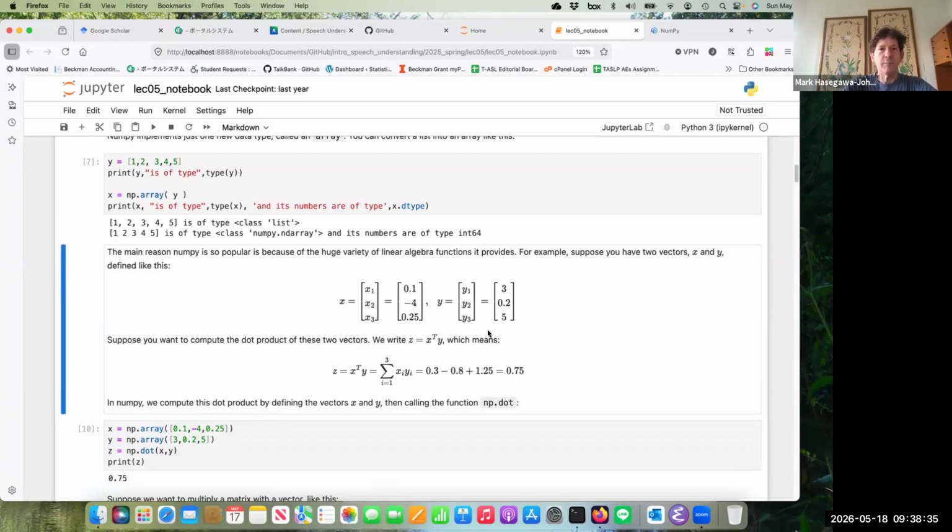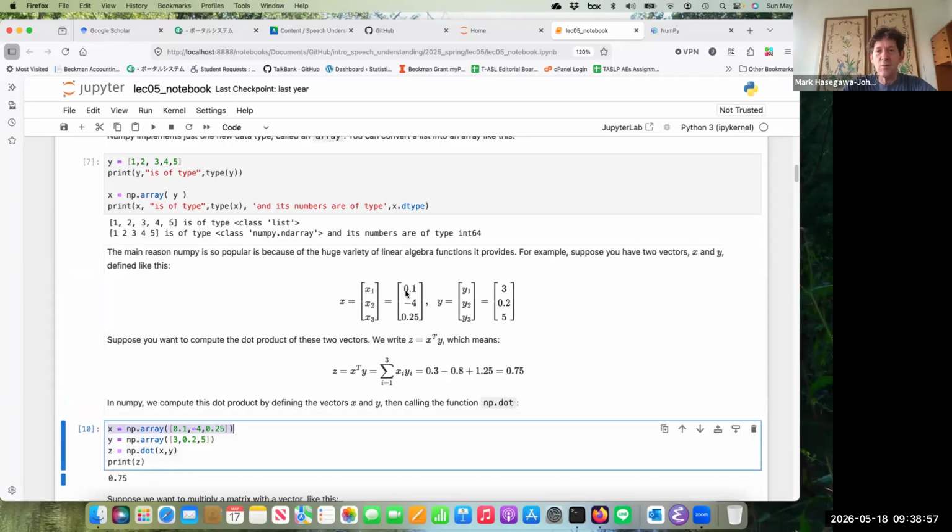The main reason that we use NumPy is because we can treat it as a linear algebra package. Linear algebra is the branch of algebra that deals with vectors and matrices. So for example, x transpose y means we compute the dot product between this vector x and this vector y. So if I define x to be the NumPy array that has 0.1, -4, and 0.25, and I define y to be the NumPy array that has 3 and 0.2 and 5,